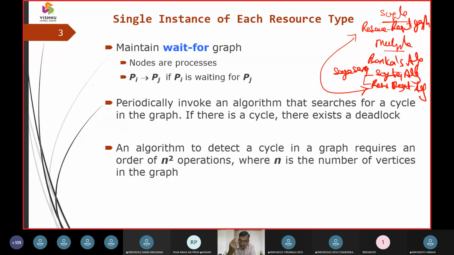What is 1? If A is equal to 1, I can't make it 2, 3, 4. It is having a single instance. Got it? That is the major change you should understand. So if we are going to deal with a single instance algorithm, we are going to work with claim edge, resource allocated edge, request edge, everything will be done with the resource request algorithm, that too for a single process.